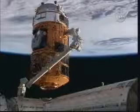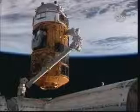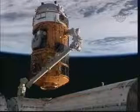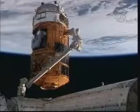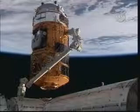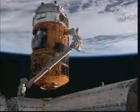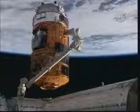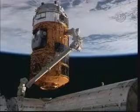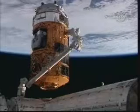HTV, that is the pressurized logistics carrier where most of the 5 tons of cargo are stored. You can see at about the mid-body section of the HTV, nestled inside the hull, that is the exposed pallet. That is the pallet of 2 science experiments that will be removed, basically extracted from the hull of the HTV